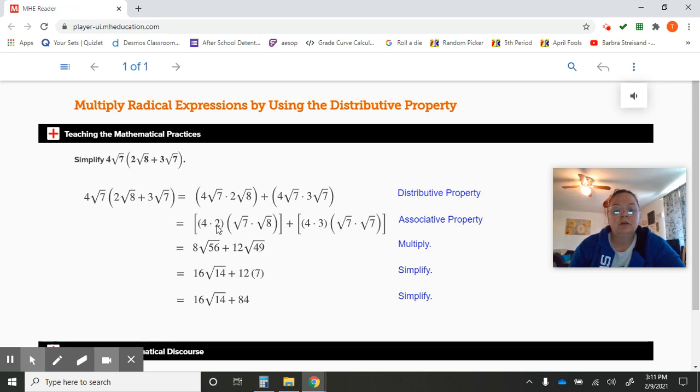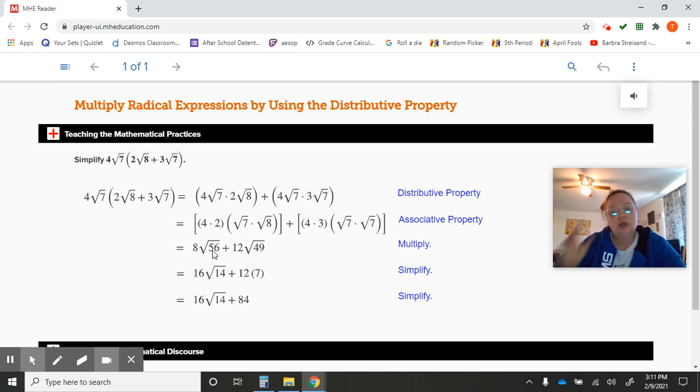So over here we have 4 times 2, which is 8, square root of 7 times square root of 8, which is square root of 56, 4 times 3, which is 12, and the square root of 7 times the square root of 7, which is 49. The square root of 56 is not a